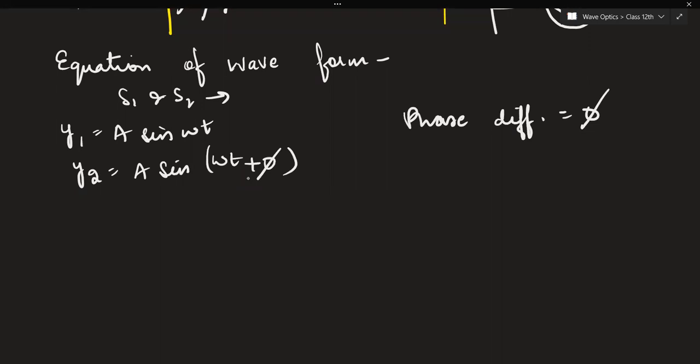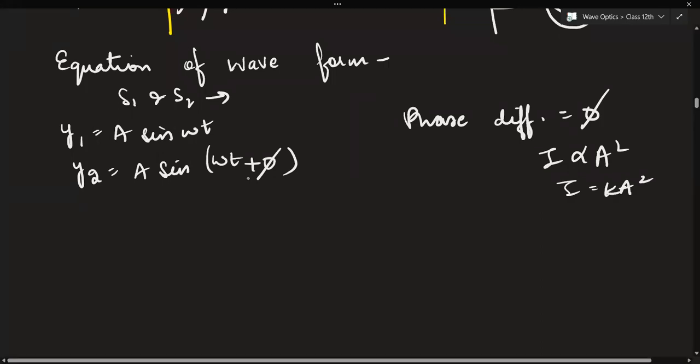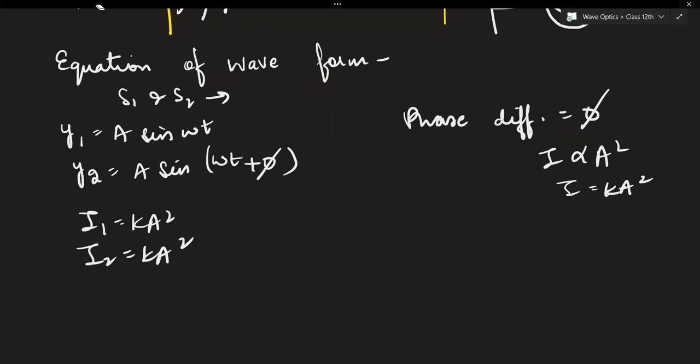All right. And also remember, intensity is directly proportional to the square of amplitude. So we'll be using this formula: I is equal to K a squared everywhere. Similarly, I1 will be equal to K a squared, I2 will be equal to K b squared. Now amplitudes are different, so I'll not write A here. Let me make it B, because amplitudes are different. Frequencies and wavelengths were the same. There wasn't anything about intensity.